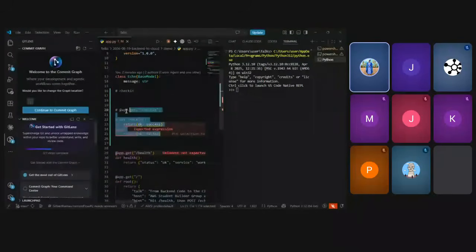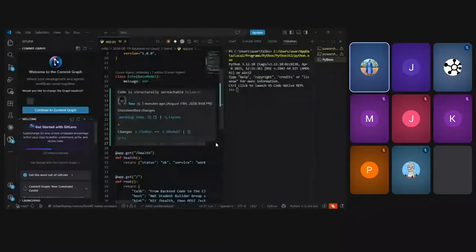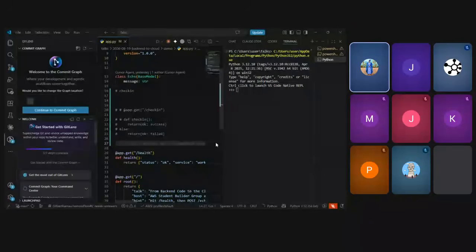This is just a simple one whereby we are just doing a few errors, a simple check-in.